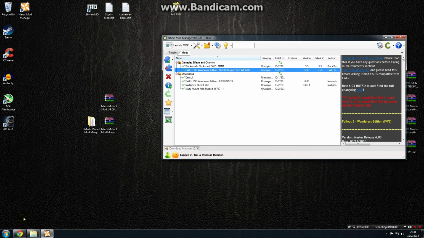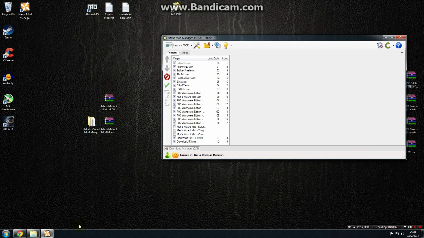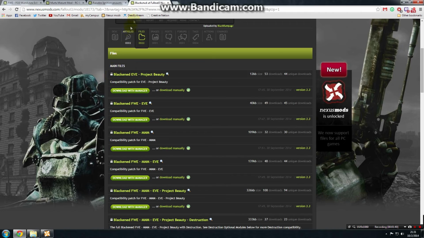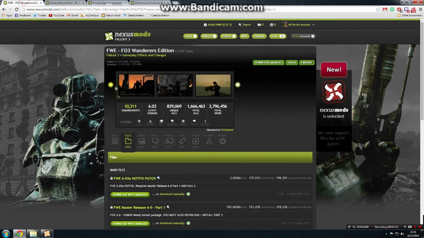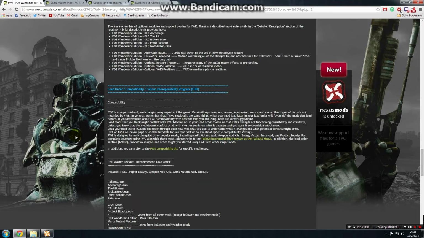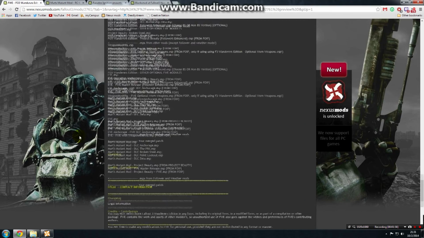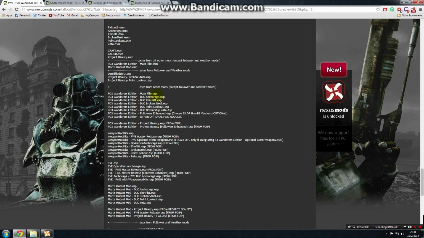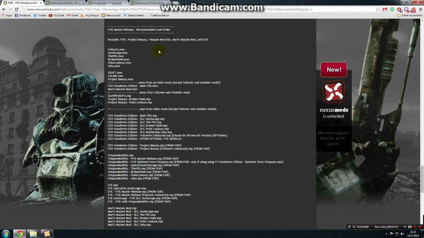Then all you need to do is use your load order tool of choice, like Boss or something like that, to get your plugins in the correct order. If you're unsure, there is plugin information on some of the pages here. I believe that Wander's Edition has some plugin information down here. Yeah, right here. So you can sort of see about where the ESMs should go on the FWE Master Release